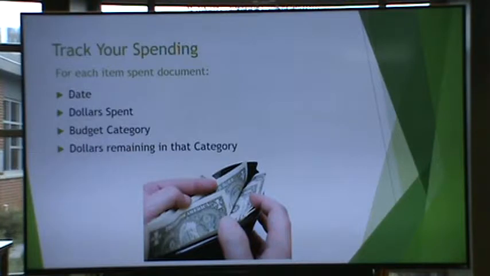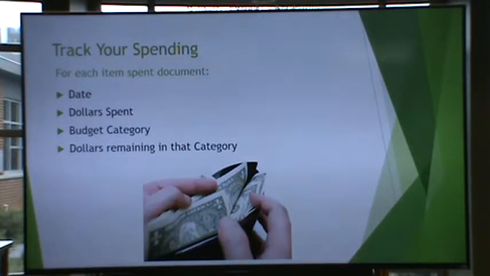A few weeks ago, I guess it was the first session of Michael's series, he did give out a form that was just a simple piece of paper that did date and what you spent. The key is when you're tracking it, since you have budgets that have categories, somehow just write down what that category is and how much is remaining in that category. That way you're proactive, and keeping not only keeping track of your spending, but you're proactive in saying, how does this impact our budget? And that's what makes the budget meeting once a month a little bit more efficient, is how efficient you track your spending and how much work you have to reconcile that at the end.